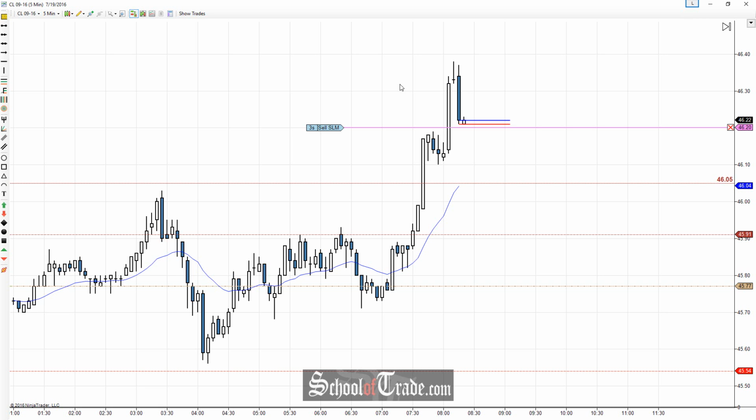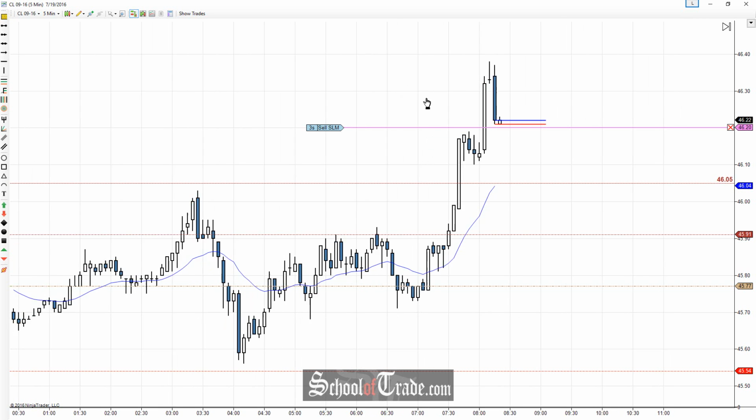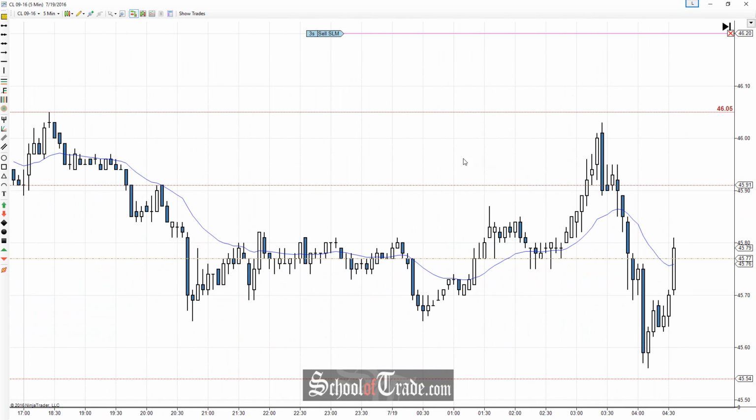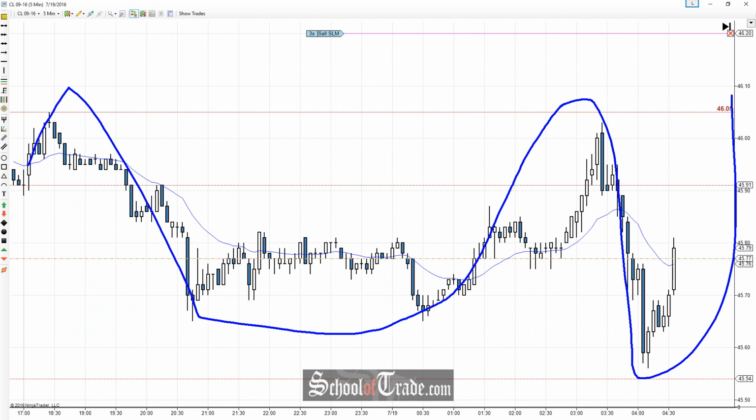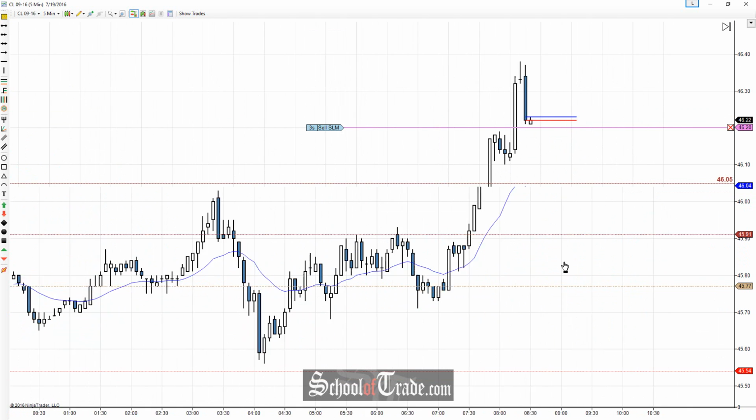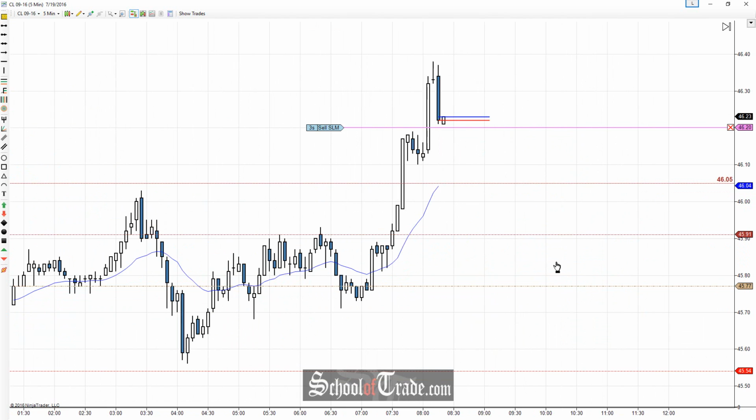Now, the reason that we're looking towards the lows here is primarily because if we zoom back and look at what's gone on today, we started at the highs, we pushed down to the lows, pushed up to the highs, pushed down to the lows, and then we pushed all the way back up to the highs again. So we're in somewhat of a multiple trend type day where the buyers can take control, and then when they're done with the move, the sellers take control, so on and so on. And they just keep exchanging, right? They give it to the buyers and they give it to the sellers, and then each one has their own objective.